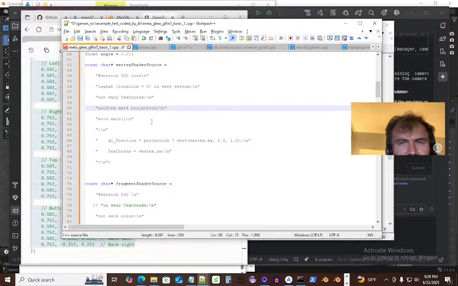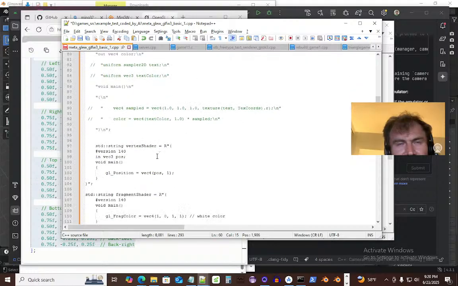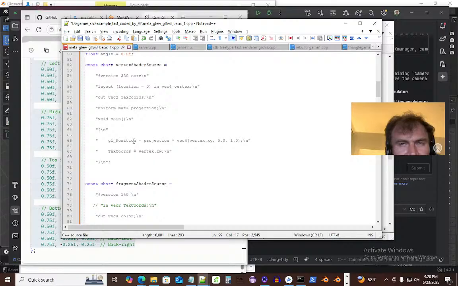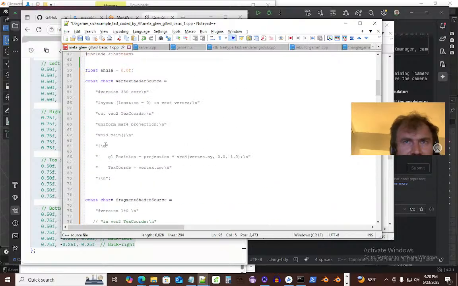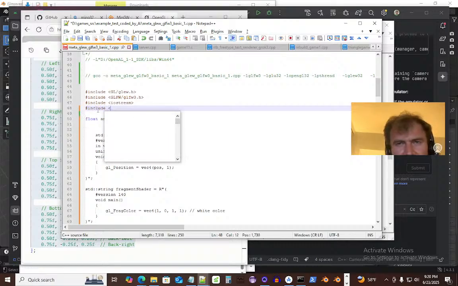So this is a 4x4 matrix, the projection matrix. We need that in our vertex shader. And the vertex position, before the vertex position, or after? After. Get rid of these quotes, and the new line thinger. Okay, let's delete this. Include string. Then,